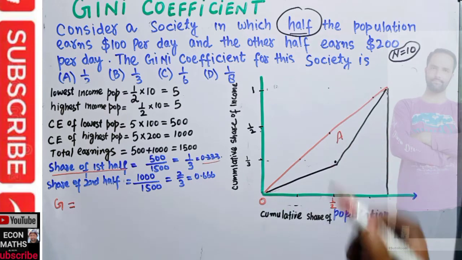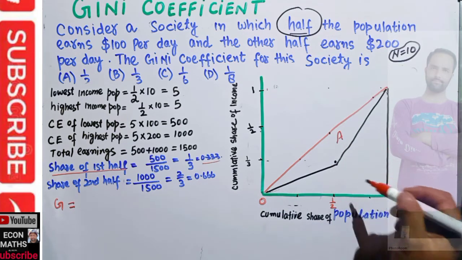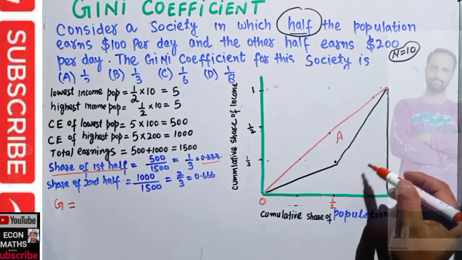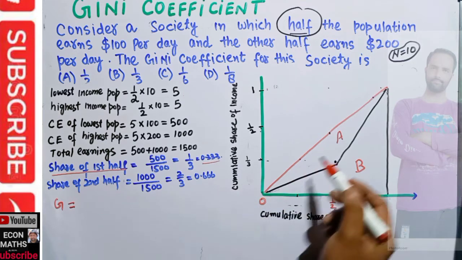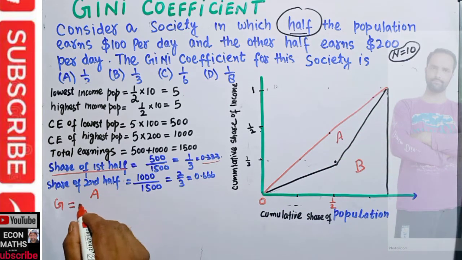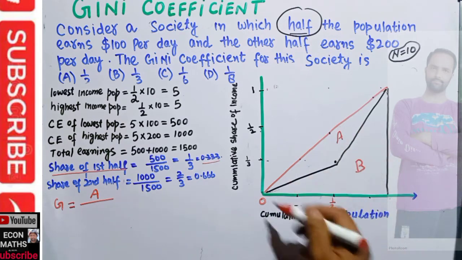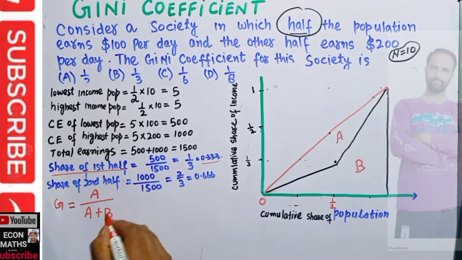Let us call it A, and let's call this bottom region B. Then Gini coefficient is simply equal to the area of this region, which is A, upon the area of this whole region, that is A plus B. Now